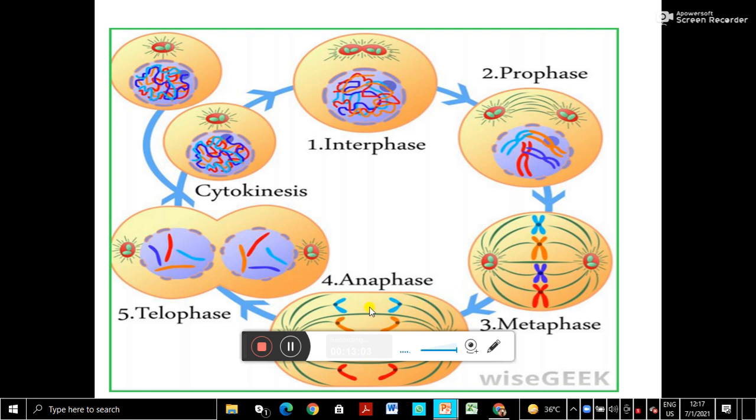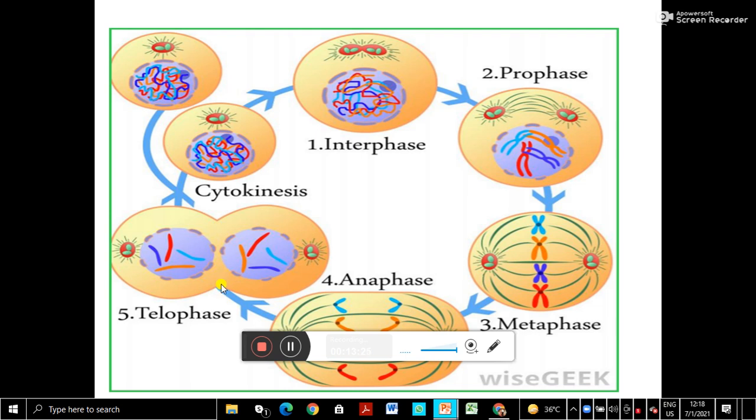And see in the anaphase, the chromatids of each chromosome are separating and going to opposite poles. So see, first this chromosome, one chromatid moving to this pole, other chromatid moving to this pole, and so on with all the 4 chromosomes. And finally here is the cytokinesis.